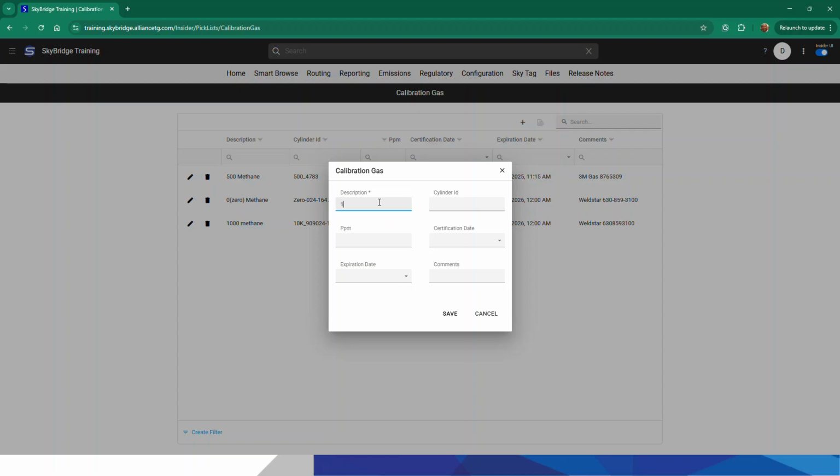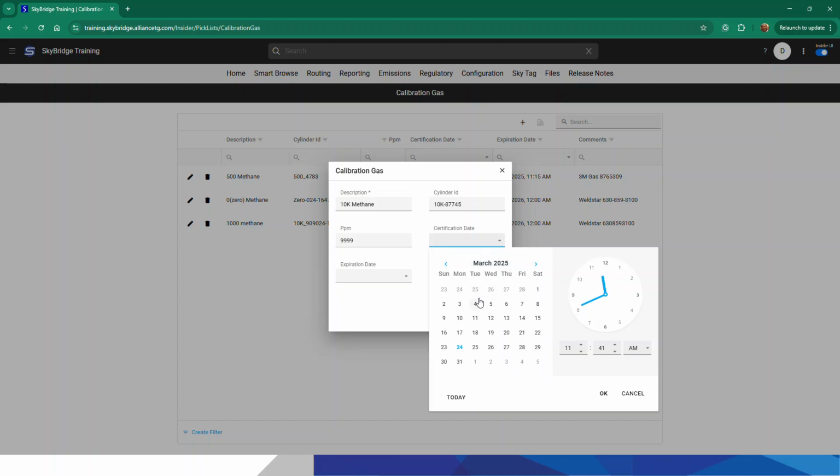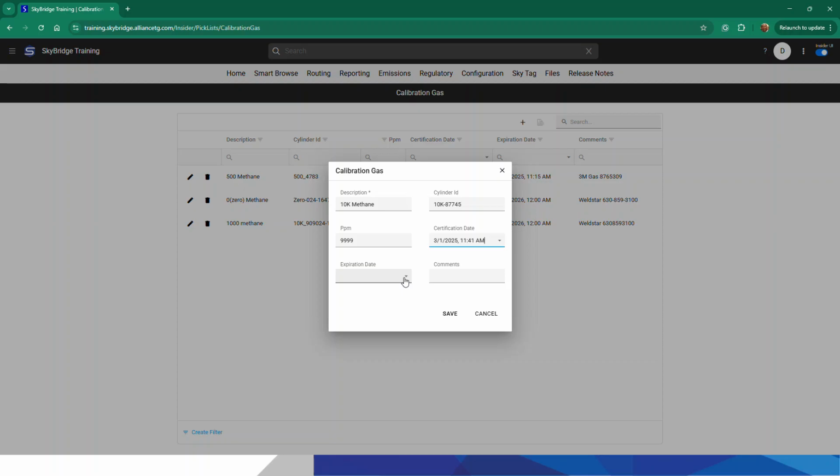concentrations. So I got my paperwork here. It's 10,000 methane. Cylinder ID number, and this is where I'm going to put the 10,000 in front of the cylinder ID number. And then the ppm, my concentration on my paperwork shows 9999, which is 10,000. That's the concentration for it. Certification date, I got it certified at the beginning of the month, and expiration date